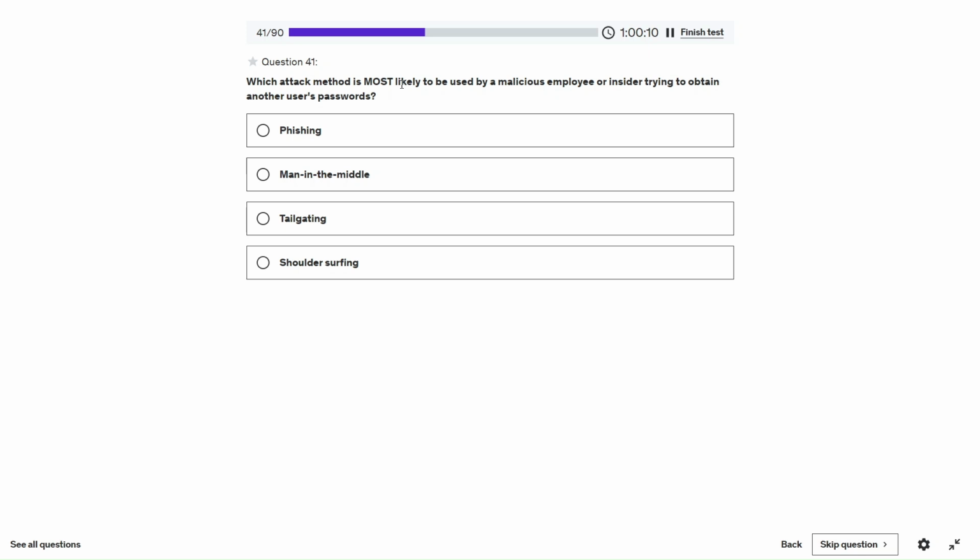Which type of method is most likely to be used by a malicious employee or insider trying to obtain another user's password? Shoulder surfing